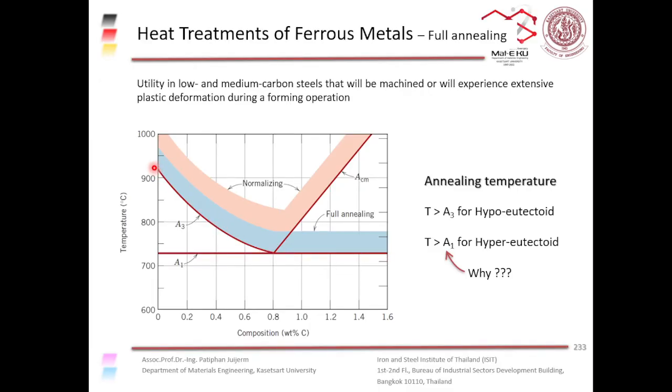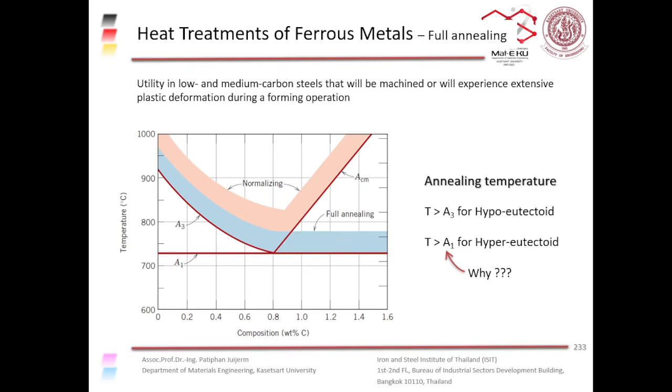The A3 line is the Solvus line, right, between the alpha and cementite phase and the gamma phase, right? And ACM is the Solvus line between the gamma plus cementite and pure austenite phase here. Right? So if you look at the phase diagram, in this phase diagram it doesn't show the phases, but